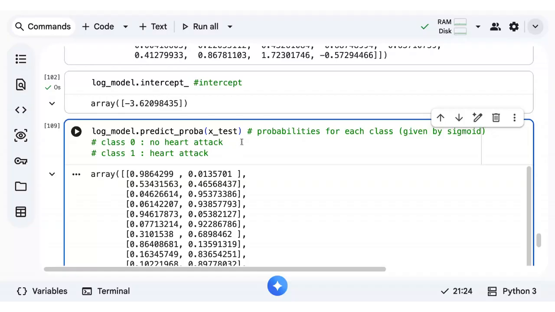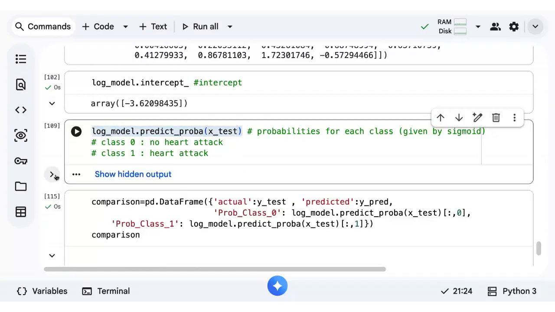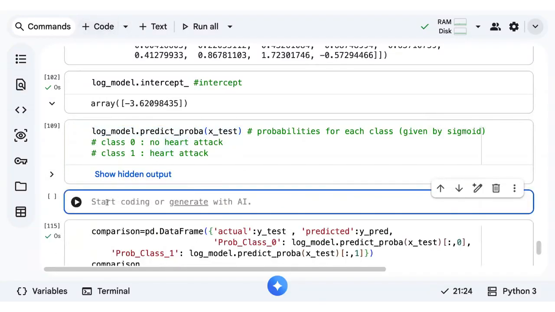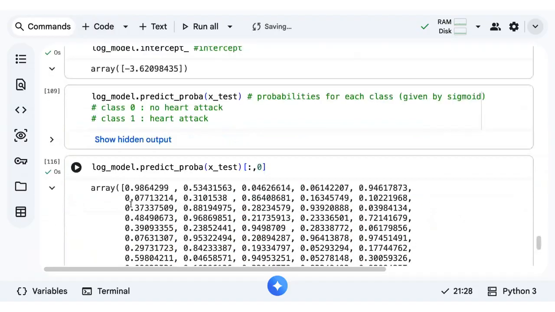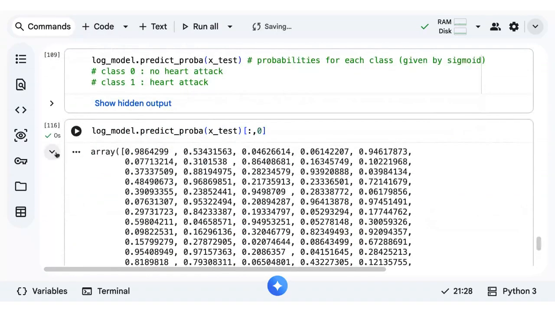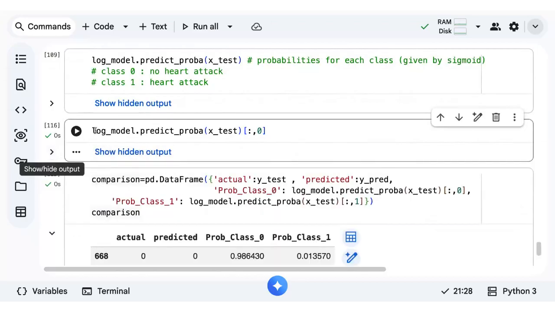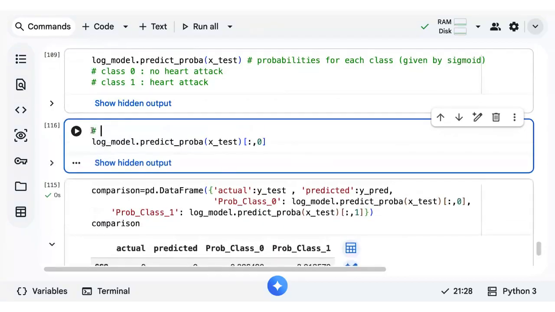So in this case, if you want just class 0 values, use bracket colon comma 0. It gives you the first value of the array. This is class 0 probability.